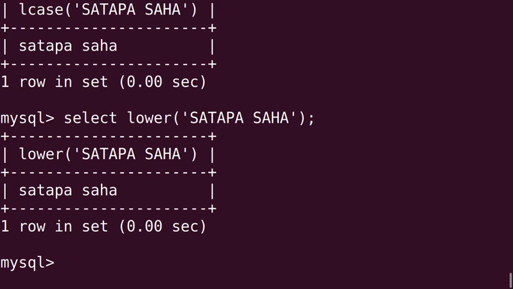So both LCase and lower both are the same functions.